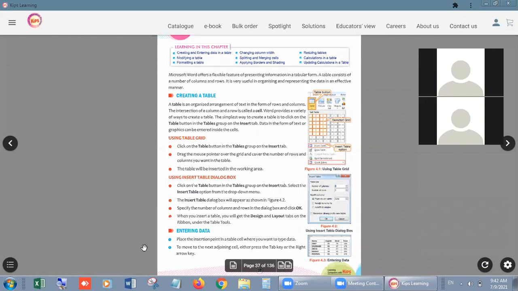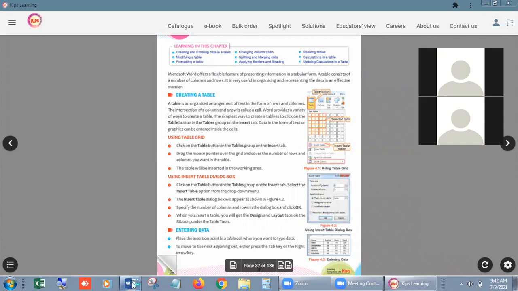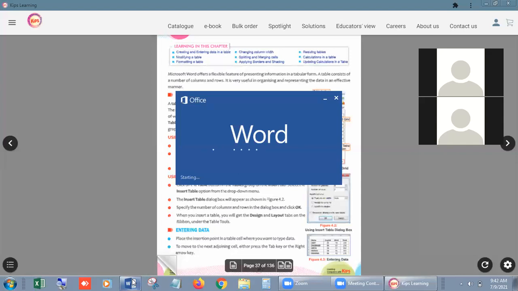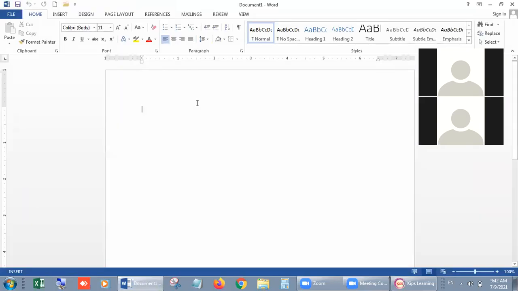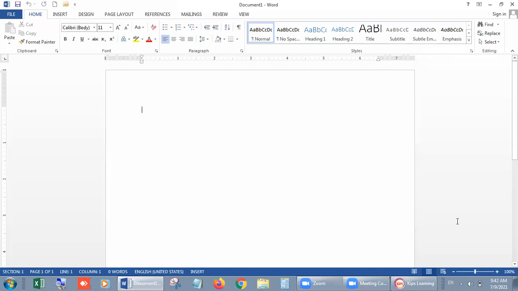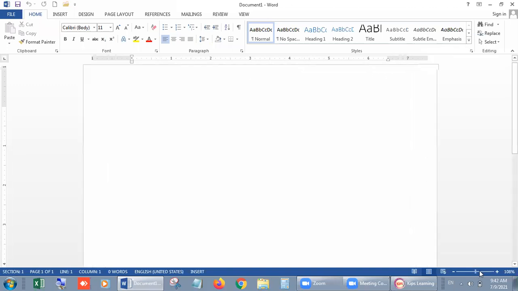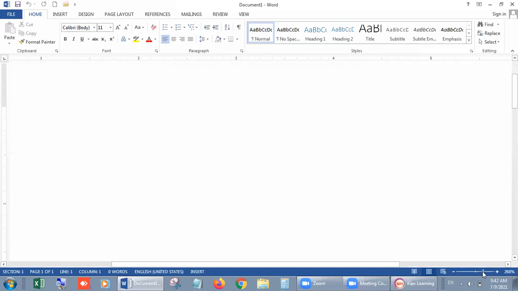First of all, I want to open MS Word. It is opening so that you can learn this thing practically. This is our MS Word screen. Let me enlarge it for your better visual.